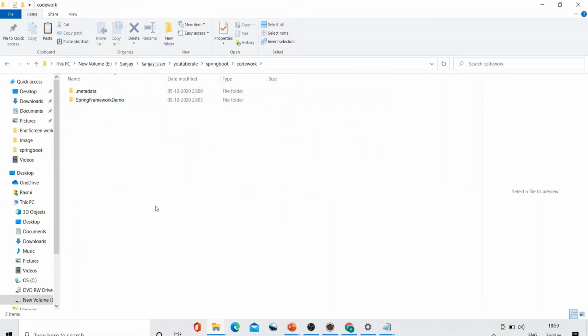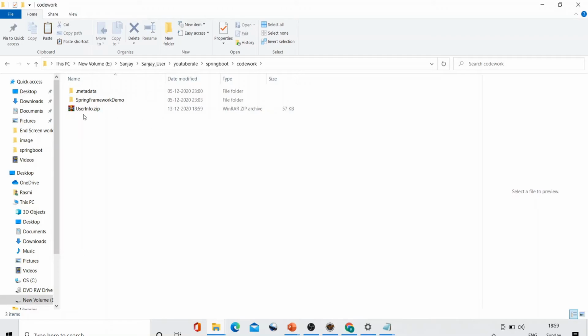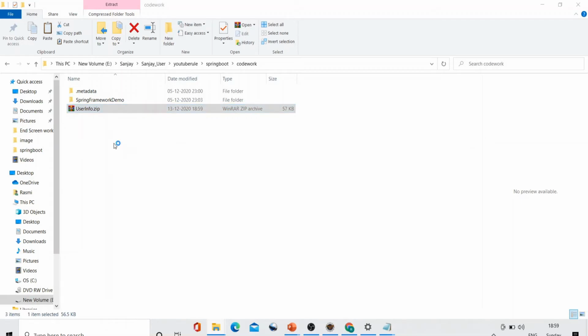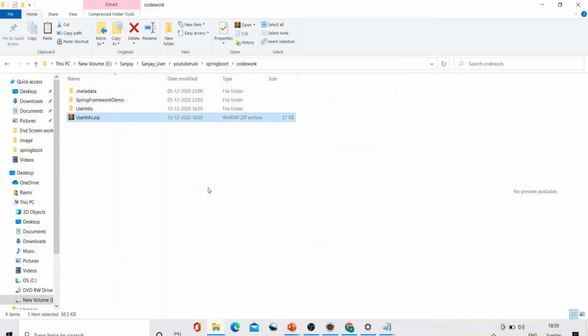So I'm going here to code work and I'm pasting this over here, paste. Okay, unzip this project file, extract files, okay. Then delete this zip file.